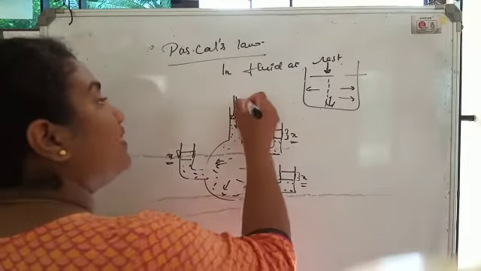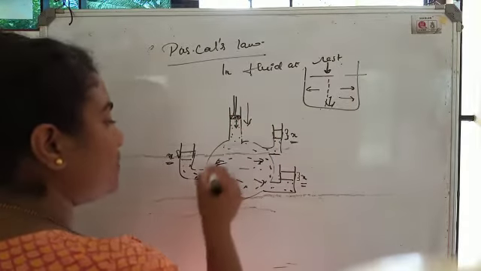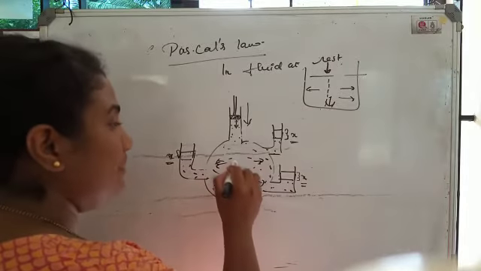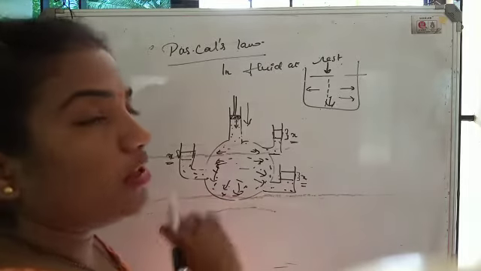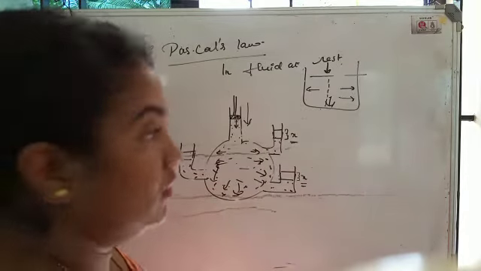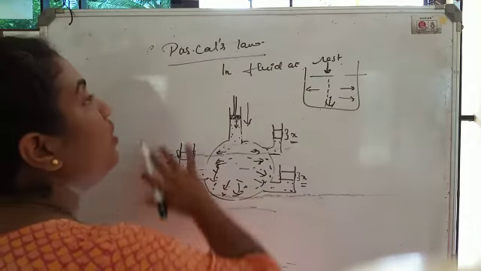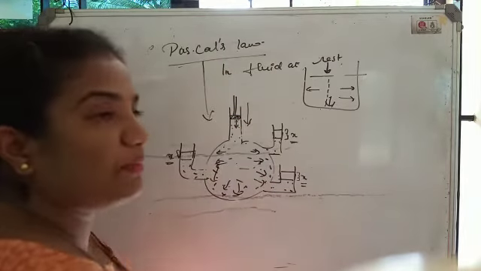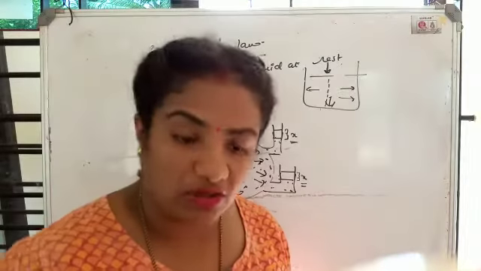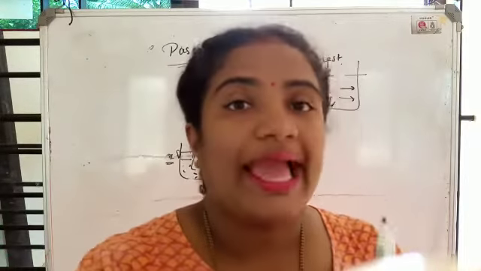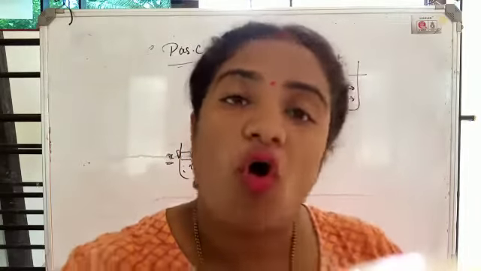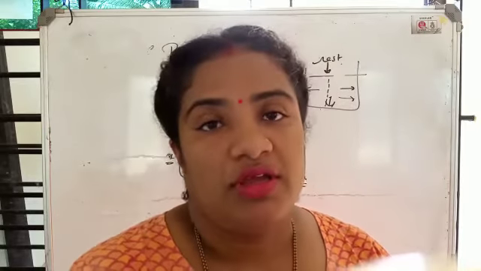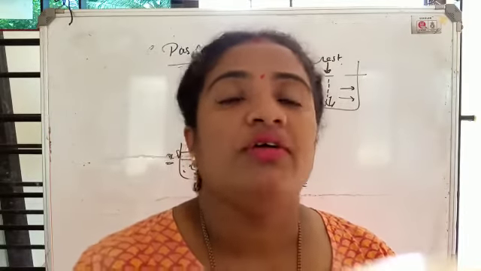This shows that when pressure is exerted from one area, the pressure on the fluid which is at rest will be exerted equally in all directions, irrespective of position. Pressure will be equally distributed. So this is the experiment which proves Pascal's law, that the pressure exerted in one direction on a fluid is distributed in all directions in equal amount, irrespective of the position in the fluid.